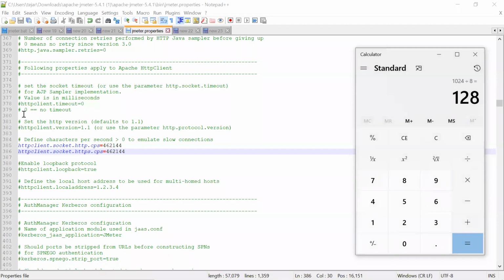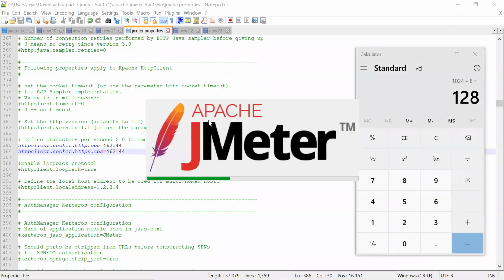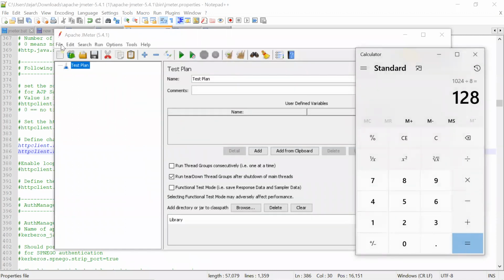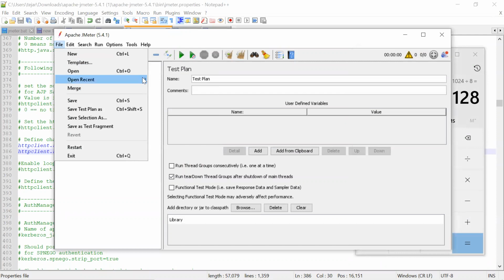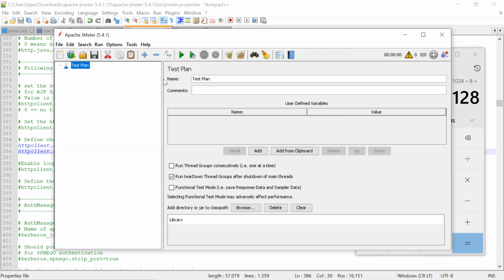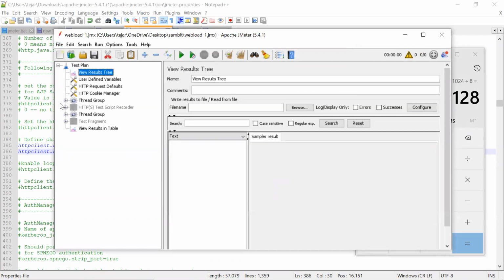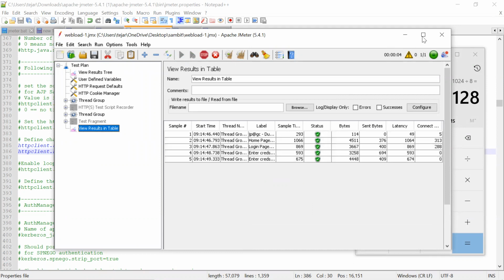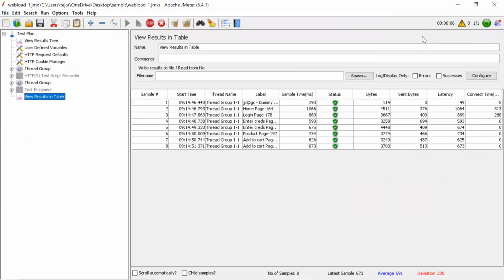Let's restart again. No, it's serving at these values as well.